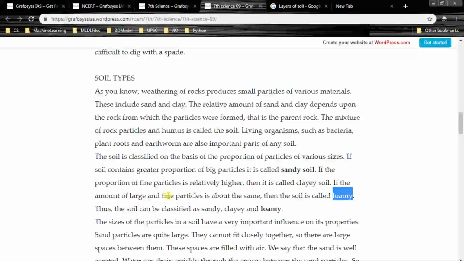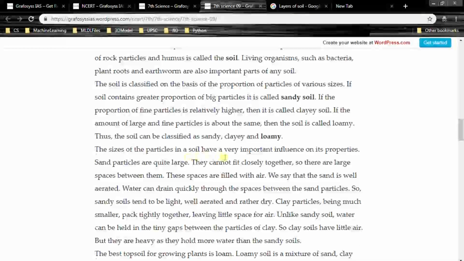So large and fine particles are equal. So remember, sandy: bigger; clayey: fine particles; loamy: both bigger and fine particles are in equal ratio, right? The sizes of the particles in a soil have a very important influence